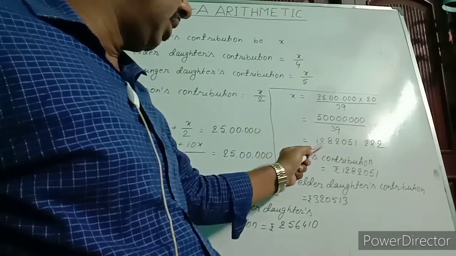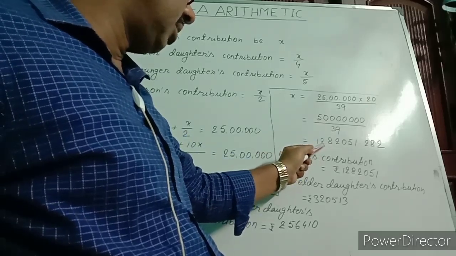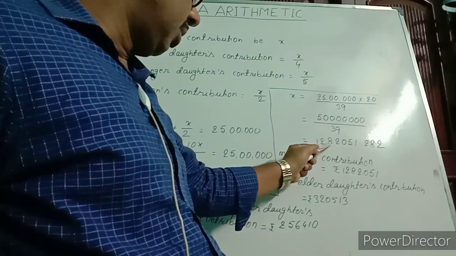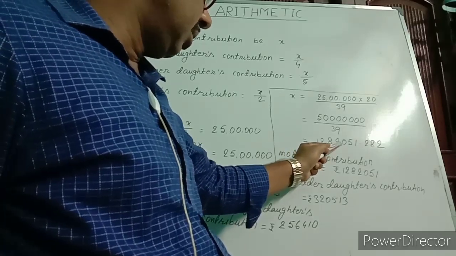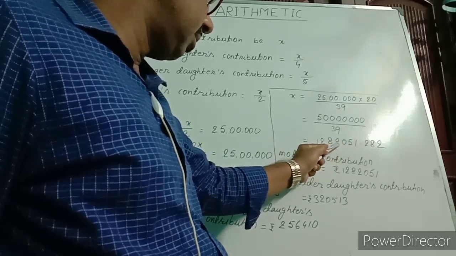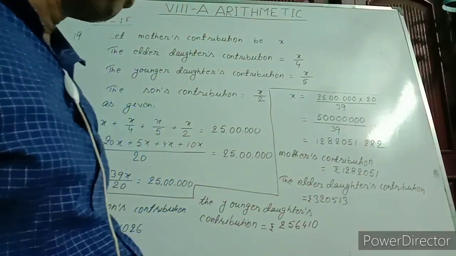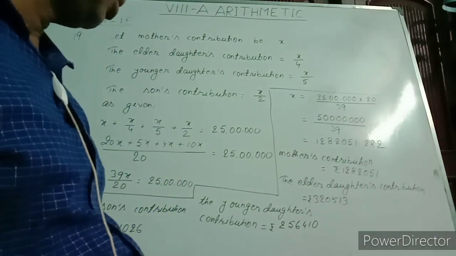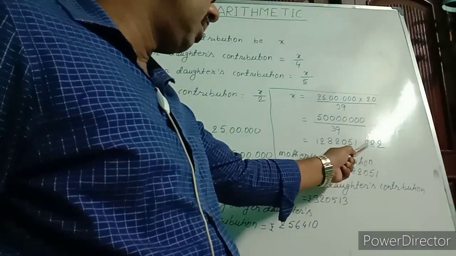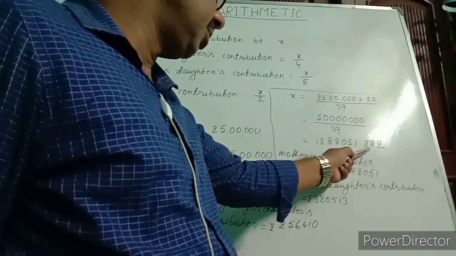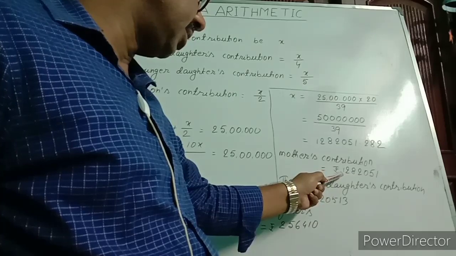So this much by 39, I changed to decimal. This became 1 crore 28 lakh 12 lakh 82,051.281. So for the mother's contribution, I rounded off. The two digits are less than 50, so I rounded off this and this became